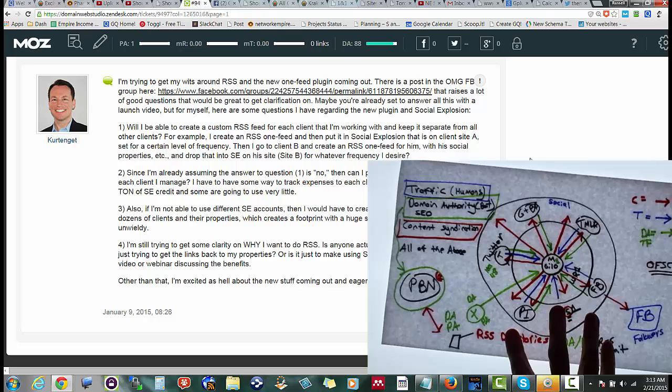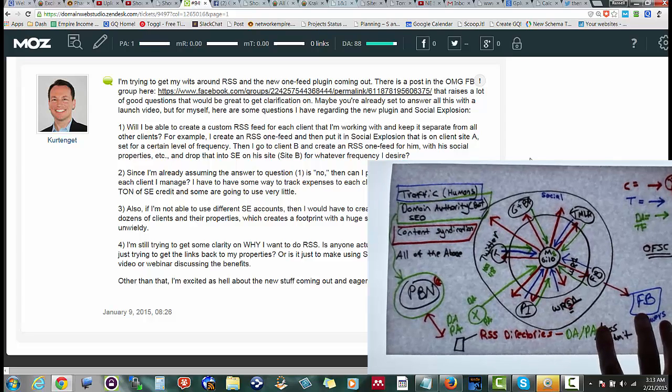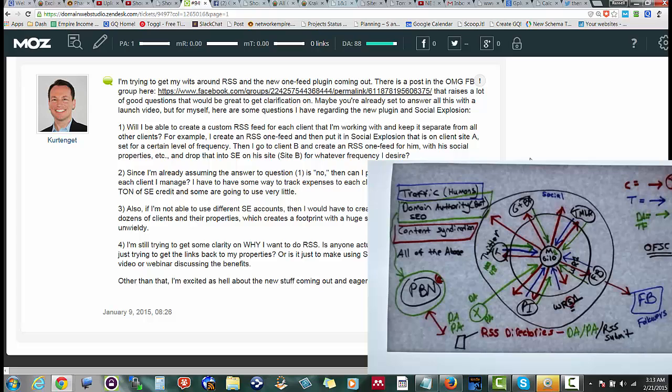A link wheel is when everything is connected to everything else, all pointing to a center. None of our sites are connected in a link wheel fashion. It's also not tiered linking, because we're not giving up link juice the way that PageRank used to do it, as Jimmy's described in a lot of his domain authority stacking material. Okay, we don't tier link, and we don't link wheel. It's thematic, relevant, and with the shortest number of jumps to the money site with the highest domain and page authority. And the only aspect, I suppose, that would be tiering is juicing how you carefully juice up various aspects